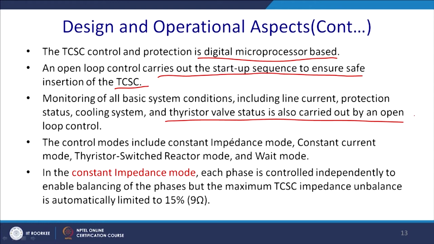The control module's control mode requires constant impedance mode, constant current mode, and thyristor switch reactance mode as the wait mode. So, it will change the status. In the constant impedance mode, each phase is controlled independently to balance the phase, but the maximum TCSC impedance unbalance is automatically limited to 15%, that is equal to the